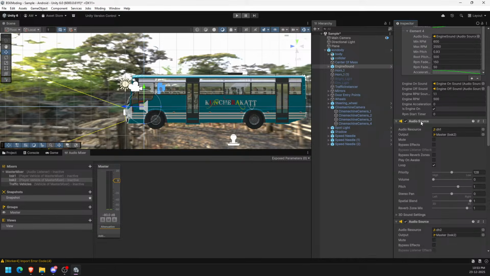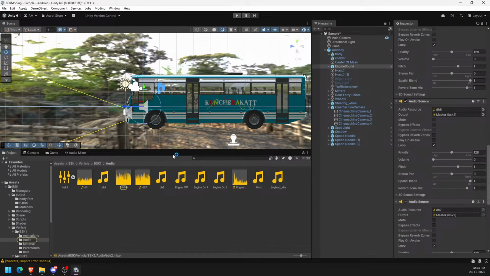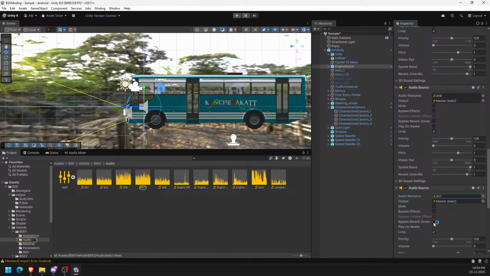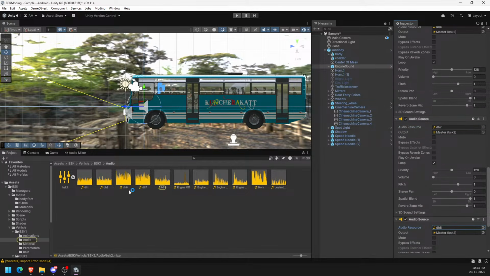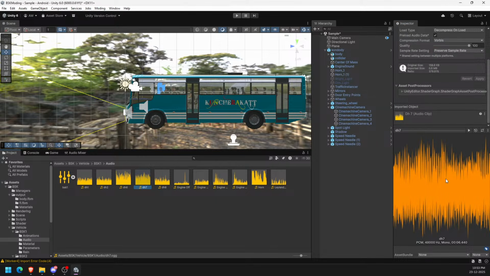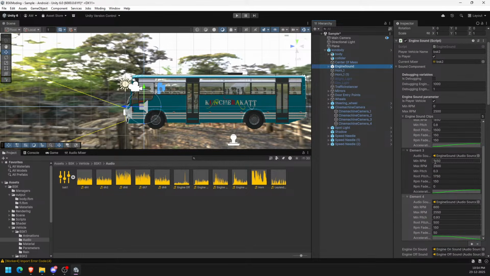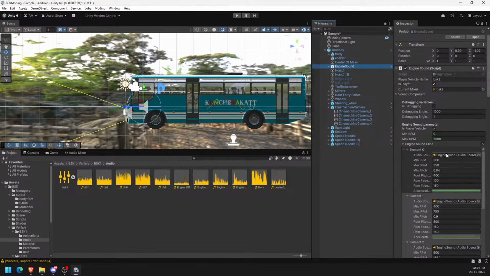So if you look over here, you can see multiple audio sources with multiple engine sounds attached to this thing. So you can change these files. You can basically play a file and detect which RPM range it represents, and you can replace it with the engine sound you want. Or you can change it from here. For each engine audio source I have given a minimum RPM and maximum RPM range in which the audio source will be played, and